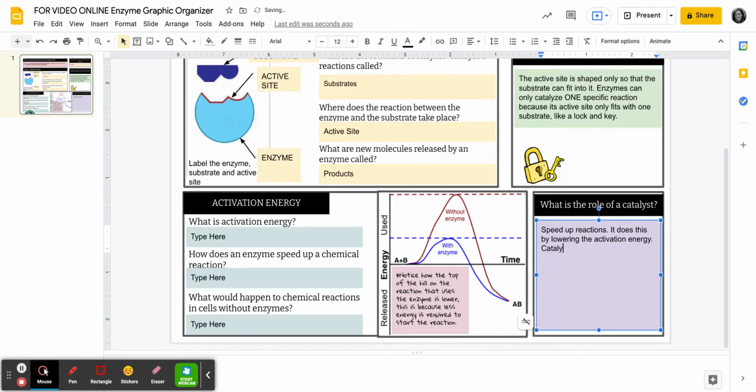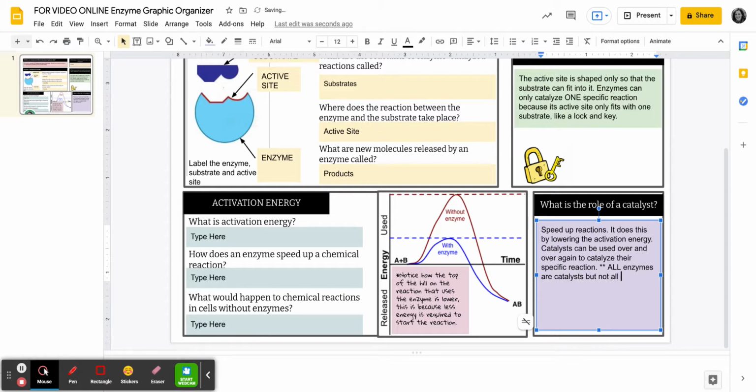And catalysts can be used over and over again to catalyze their specific reaction, okay? We're going to go over specifically, though, what the heck is an active site and what am I talking about, okay? A really important thing to note, though, is all enzymes are catalysts,